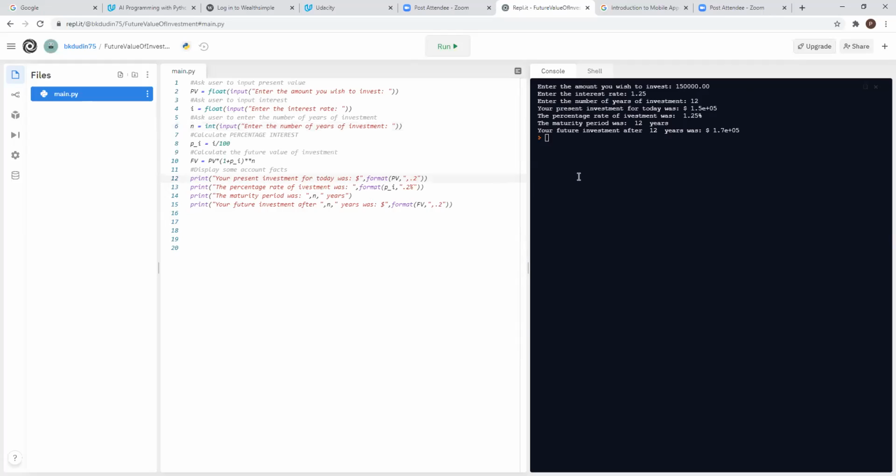Okay, I just want to check something. I'm gonna try again. Yeah, that's better. I've forgotten to add the F. This is why it was written in standard form. So 150,000, 1.25, 12 years of investment. Today I'm planning to invest $150,000. The percentage rate was 1.25%. The maturity period was 12 years. And my future investment after 12 years,